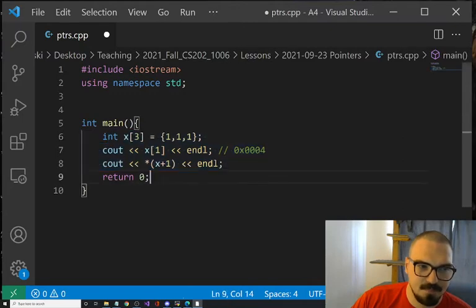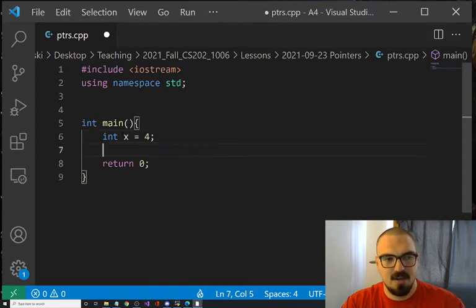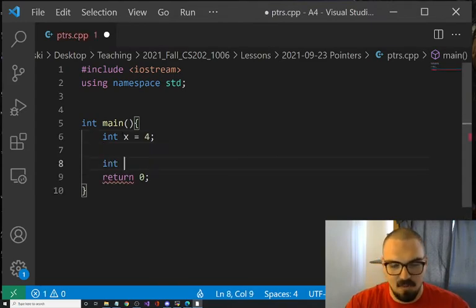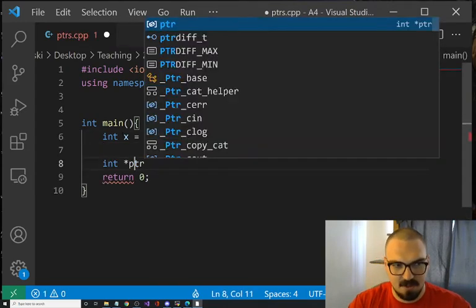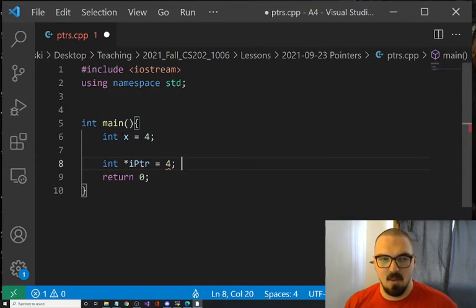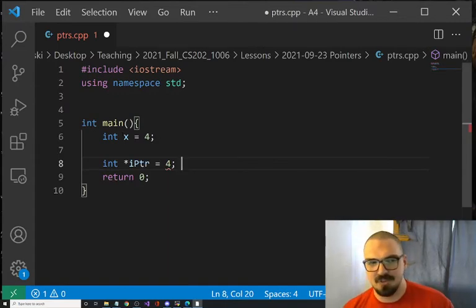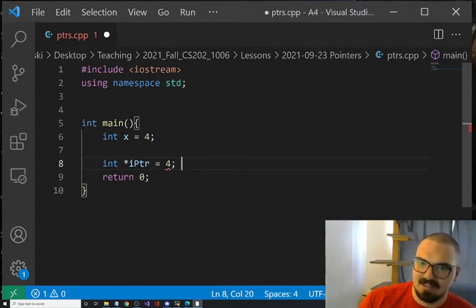So that's a problem. So let's pretend we have int x up here, and then down here I say, hi, I want this int pointer, I'm going to call it an i pointer, and I want it to be equal to this. Now that won't work, right? Why won't this work? I've told you why it won't work, kind of. You're just going to have to use your thinking brains here. Why is this not allowed? What does a pointer hold?